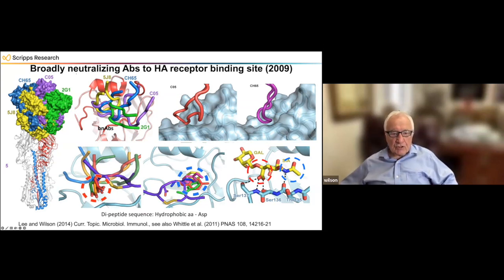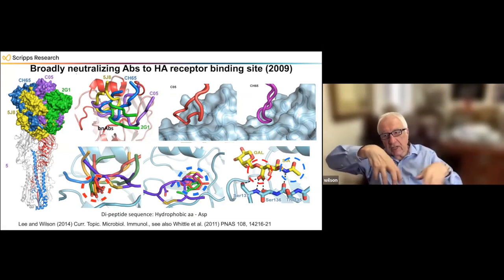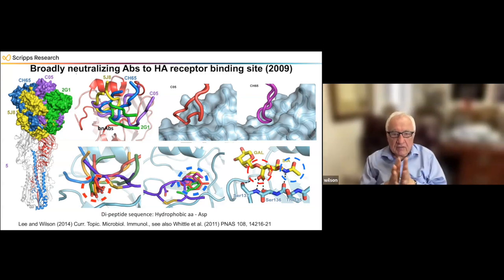Half of the antibodies also did another sort of mimicry. They put this aromatic residue that mimicked this acetamido side chain, which stacked on top of a tryptophan below. So really what the antibody has to do is to try to put a loop in, try not to touch the hypervariable sides around, and so almost having like a one-loop antibody. In fact, CO5 is a one-loop antibody. It only makes contact really with this one loop, and so basically to target this very small binding site for where sialic acid binds.